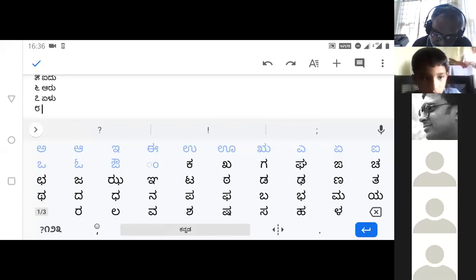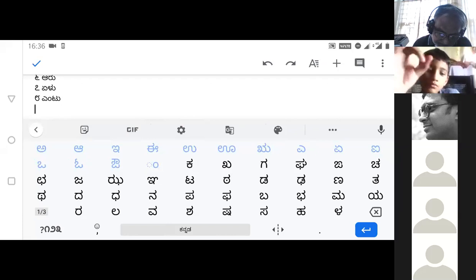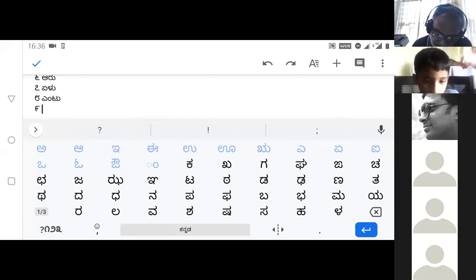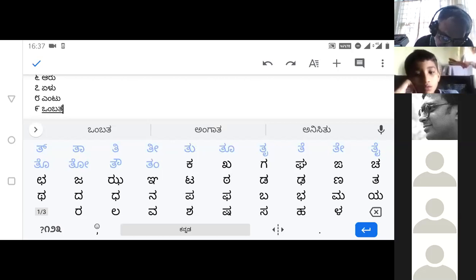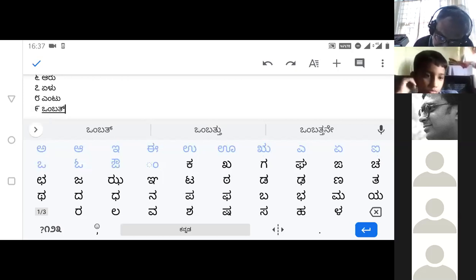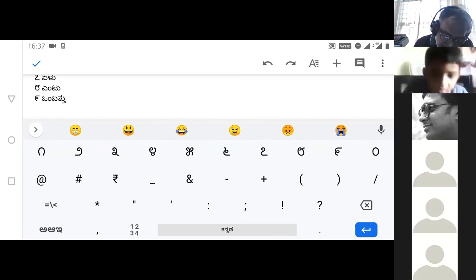Then you are for 8 and 9. ಒಂಬತ್ತು. ಒಂಬತ್ತು. Perfect. ಹತ್ತು. ಒಂದು and ಸೊನ್ನೆ.